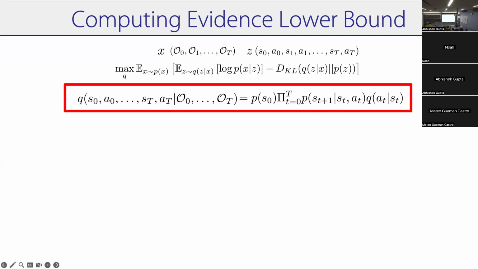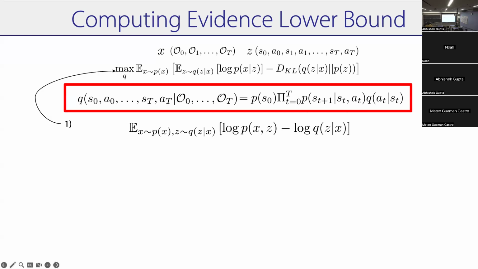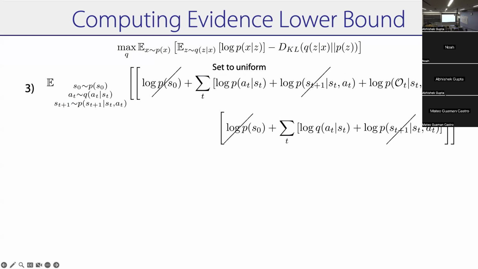Okay. So we've said that's the evidence lower bound. That's what X is, that's what Z is. This is our choice of Q, right? And we're just going to stick this Q into this evidence lower bound. That's it, right? And it's going to magically give us maximum entropy RL. Do you want me to go through the steps again, or should we just keep moving? Okay. So there's a bunch of steps.